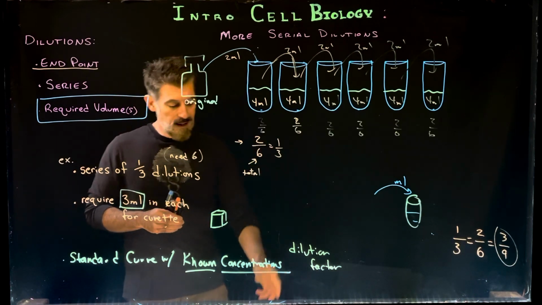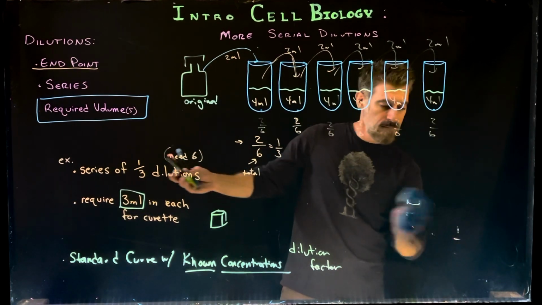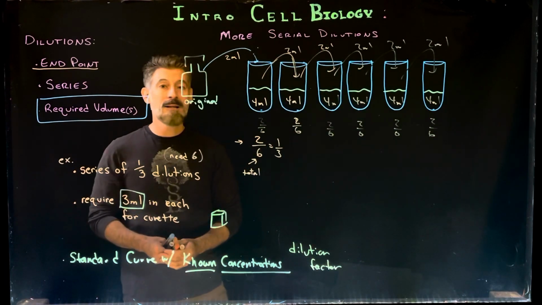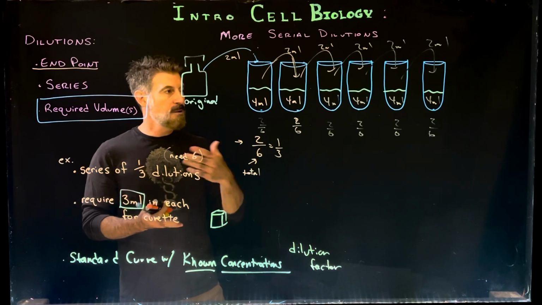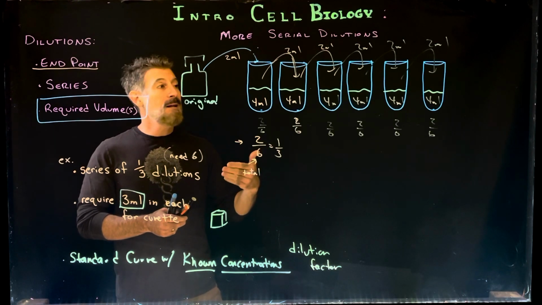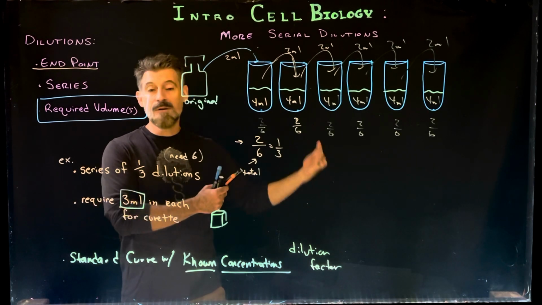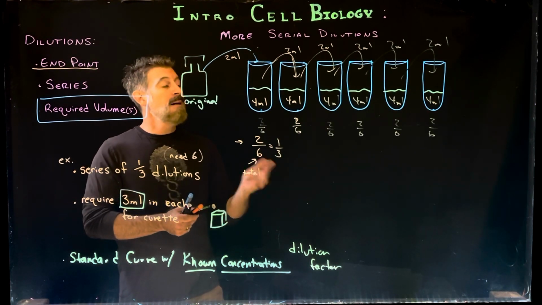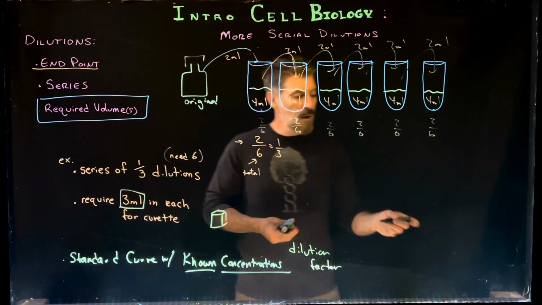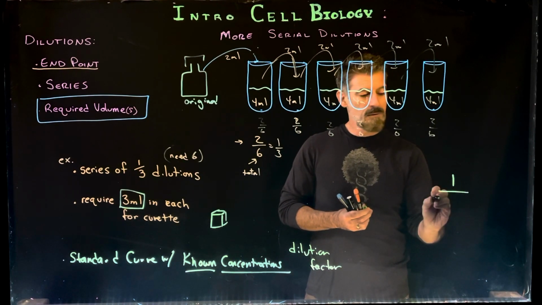There's one more aspect of this I haven't talked about, which was part of the problem, and that is in another scenario, or just to add on one little bit to this, might be an end point. So in this particular case, I said just 6 dilutions. But maybe the end point is a specific concentration that you're trying to get, or some specific dilution factor that you're trying to reach. And in that particular case, what you simply have to do is look at what it is. So what is the scenario? So in one of my examples in class, I think it's like